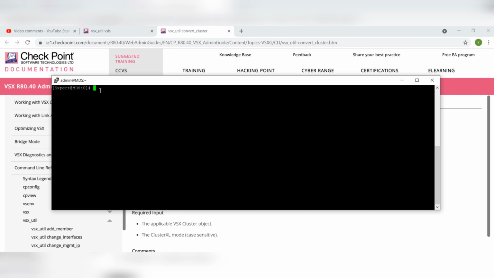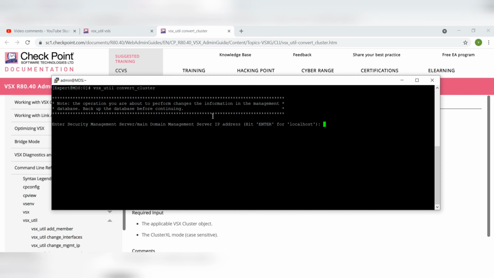So now I am just copy pasting the command, which is vsx_util convert_cluster. Let's enter. Note: the operation you are about to perform changes the information in the management database. Backup the database before continuing. So guys, always remember you have to do the backup first.